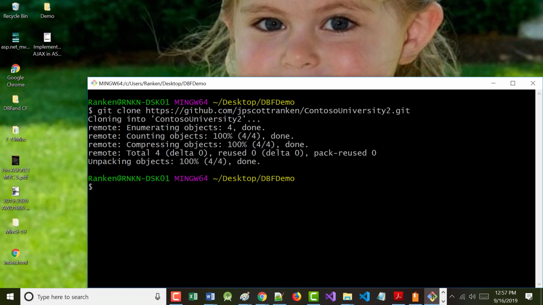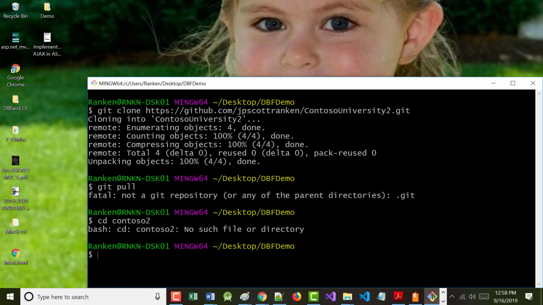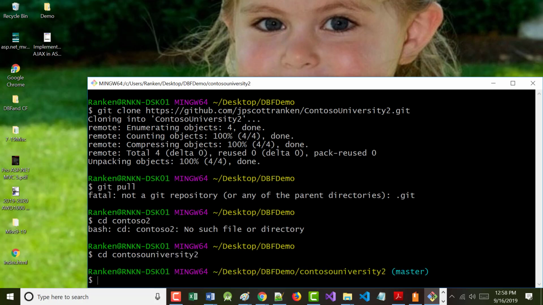Reason I'm telling you that is I'm going to type in git pull. Not a Git repository. Oh, I got to go back to where I was. I'm sorry. Now I got to go to my ContosoUniversity 2. So I'm there.